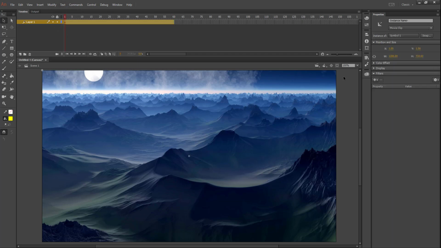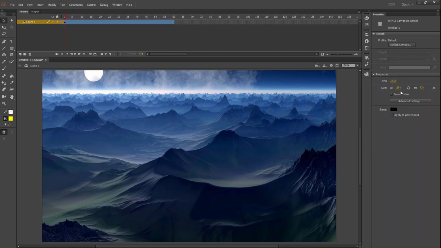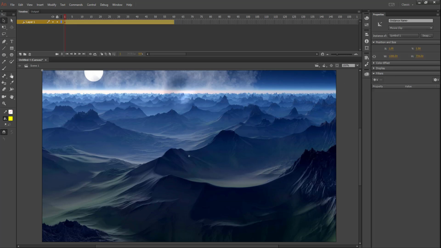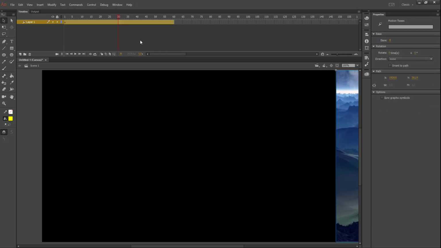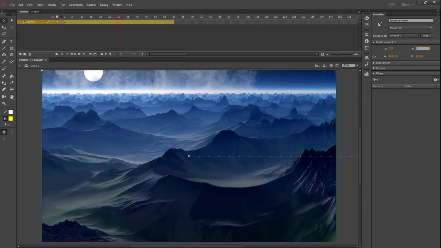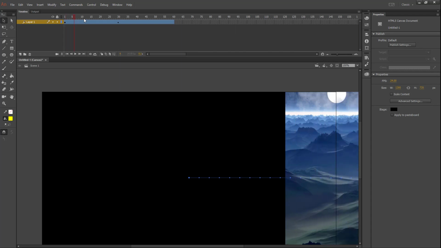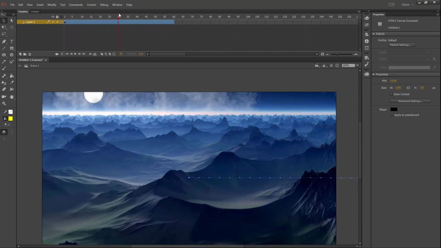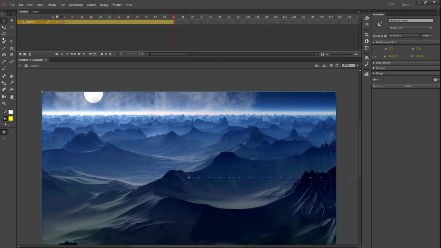So I'm going to have this start just off the right edge. Since my stage is 1280 pixels wide, I'm going to have my movie clip start at X coordinate 1280, and then about halfway, so around frame 30, I'm going to move that back to the corner, so that would be X coordinate 0. So I should now have my picture go from the right edge to the middle of my screen. Then I'm going to have it move up into the corner, and I'm going to do that by